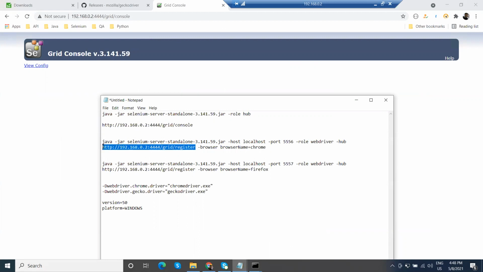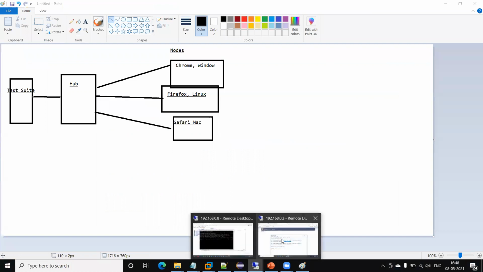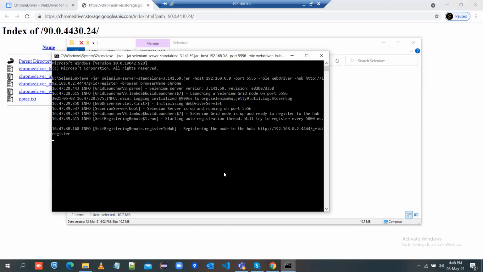So it's 192.168.0.4:4444/grid/register, and here I am passing the browser and browser name equal to Chrome. When I run this command on a particular node, it will register with the system.